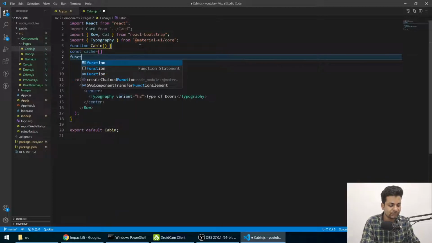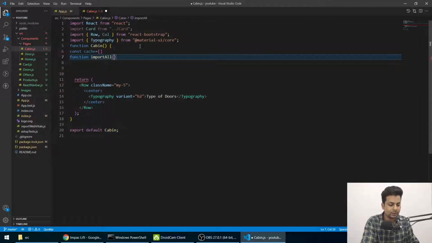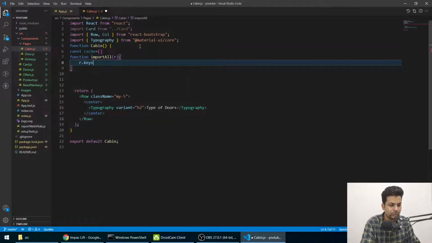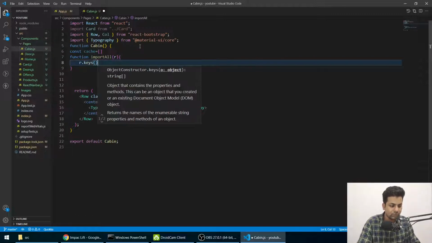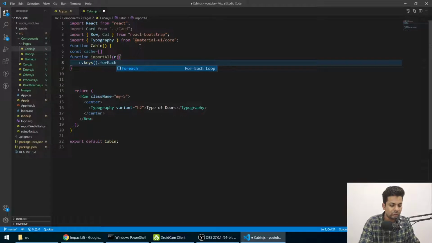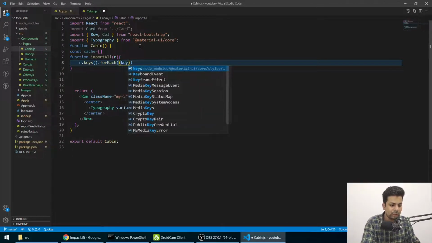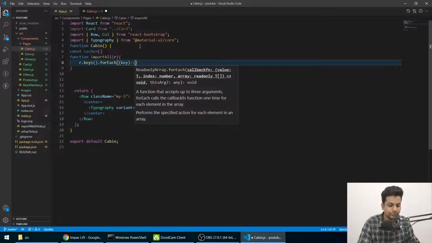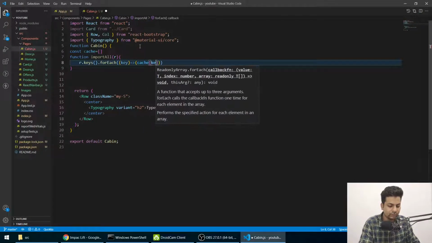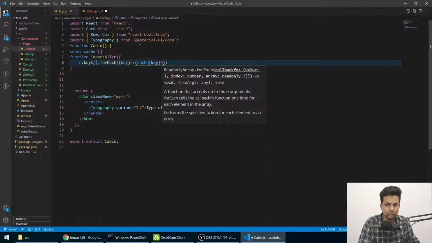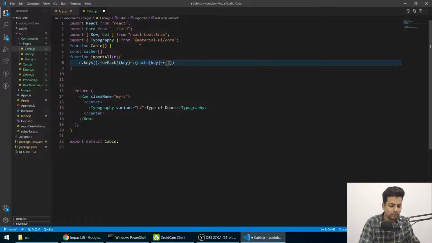Then we'll say function importAll, we'll pass r, and here we'll say r.keys().forEach, and here we'll get key, and here we'll say cache[key] equals r(key).